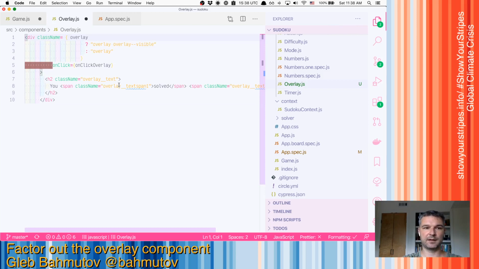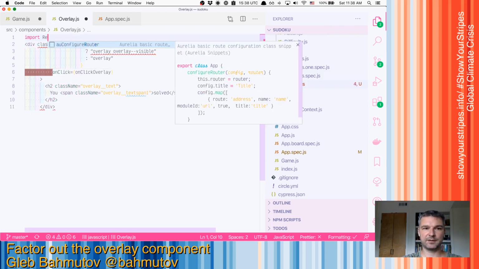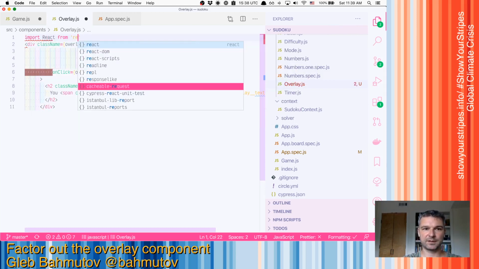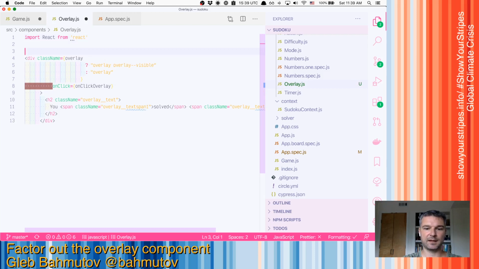We'll say import React from React, and we're going to export Overlay. Now we need a couple of properties, so we need overlay and the onClickOverlay handler. But the rest is just returning this JSX element, right? So we're going to save it and we're going to import it